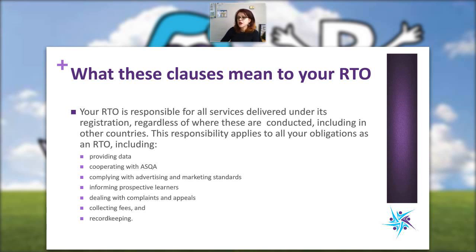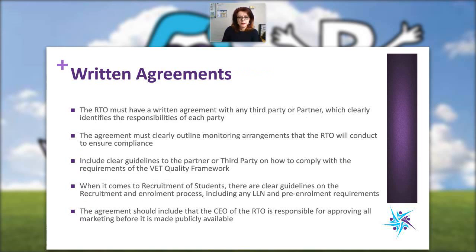So all of the fees that are involved with all of the training and assessment that the third party will be doing. And your record keeping, so how are you managing the student files, the enrolment forms, how you've got the manual, paper-based files, and also how you're managing your electronic files. Essentially, all third parties should be following the same policies and procedures that you have in the quality and compliance manual. And that's basically for all of these points that we have identified here.